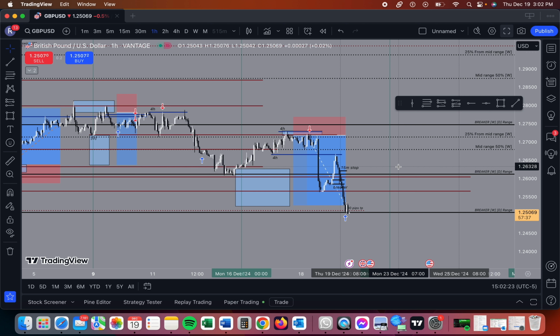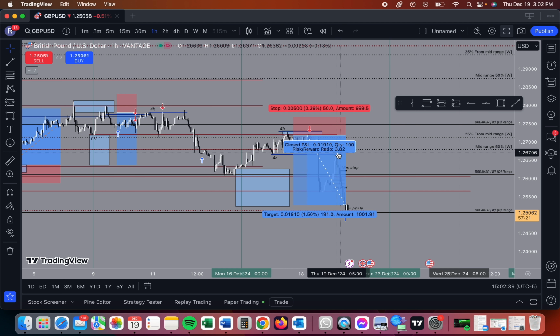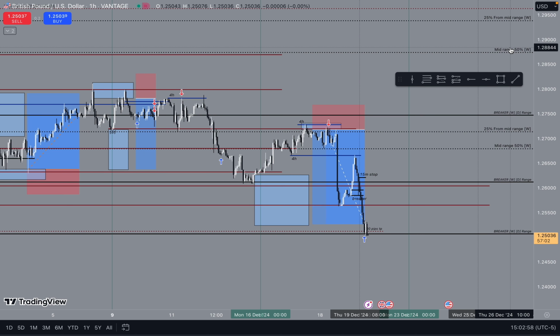I use my lower time frame levels to make my entry point, to make my stop loss and take profit area. So this one I'm using a 50 pips stop loss for now, because I've realized that I am a swing trader, and I am a developing trader, so I need to make room for error and for the spread of the brokerage when I enter real trading money, because